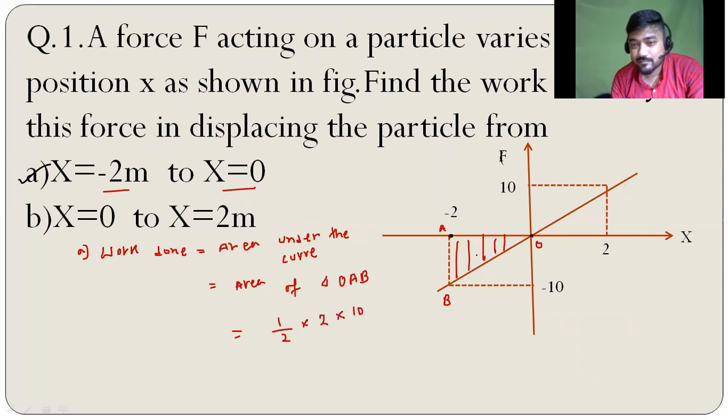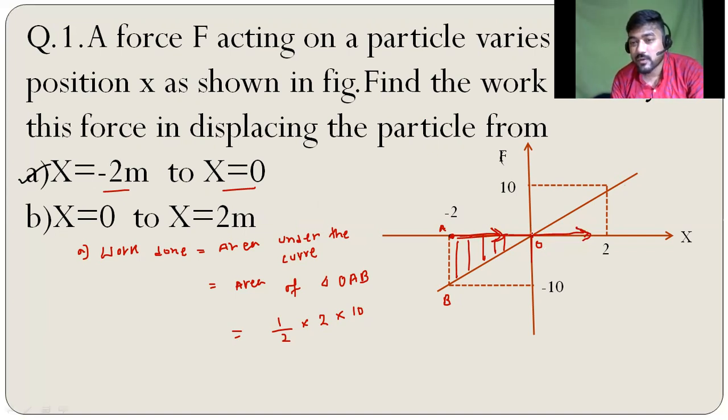But you can see here in this case that the force is acting along this direction. Force is negative here. So this area will be negative, because here displacement and force are in different direction. You can see here the displacement is along positive x-axis, -2 to 0. The displacement is always along this direction, -2 to 0 and then 0 to 2. For the whole journey of the particle, the direction of displacement is in the same direction.